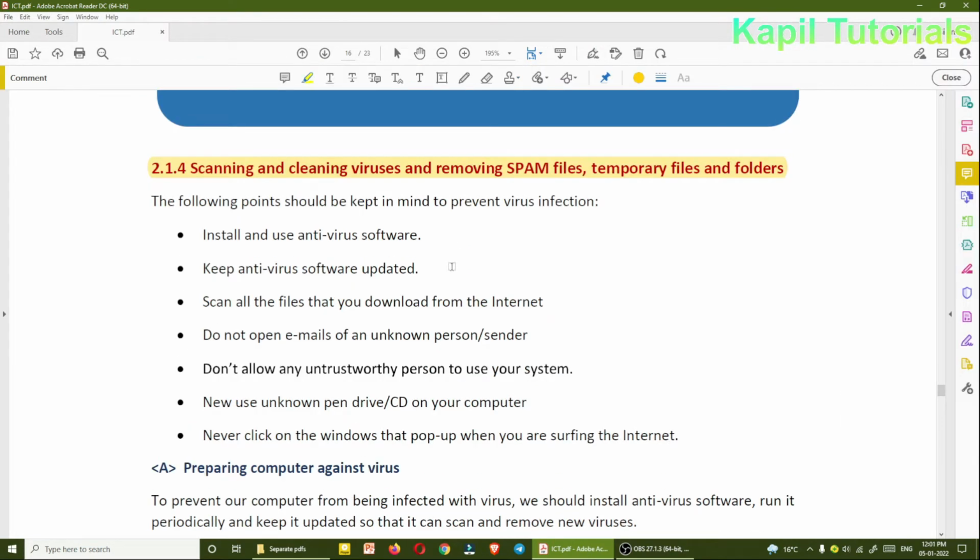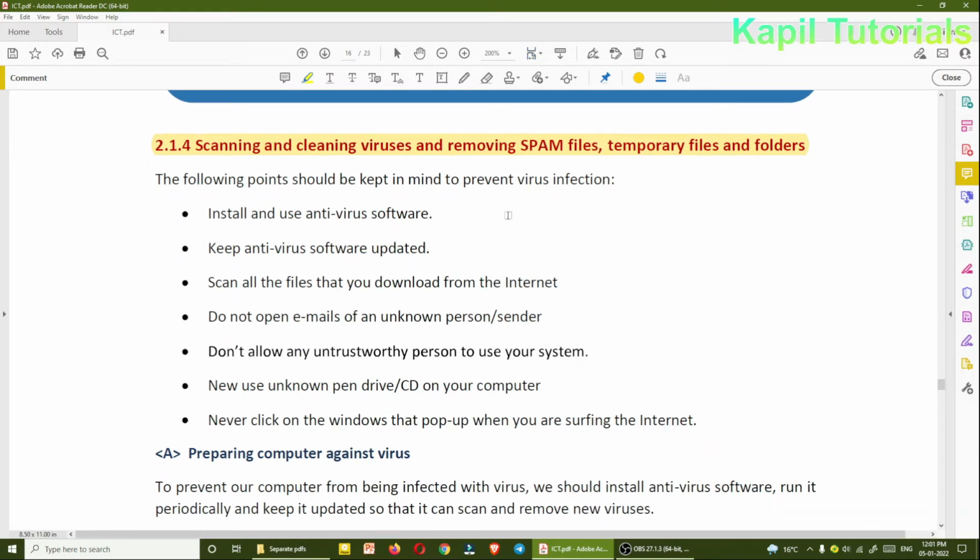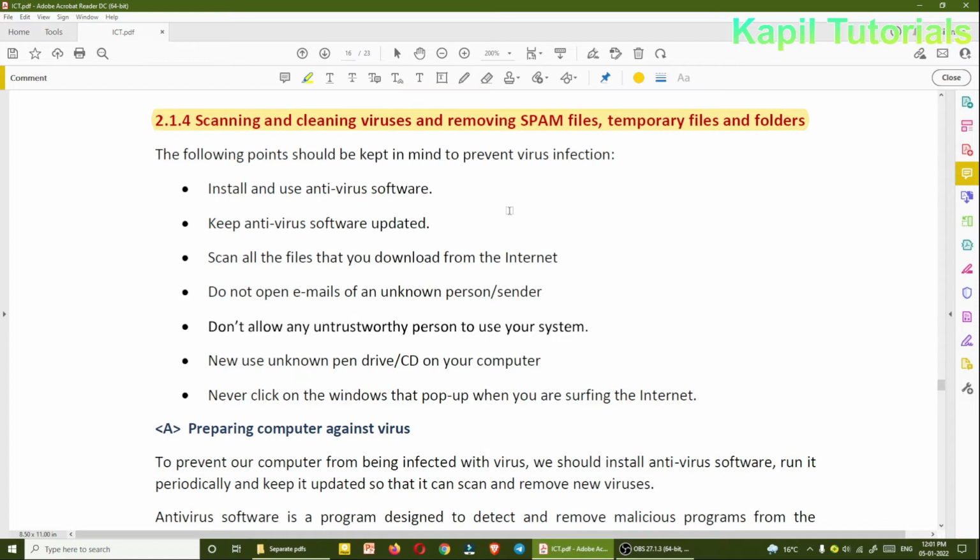The following points should be kept in mind to prevent virus infection. First of all, install and use antivirus software. Many antivirus softwares are available in the market, so you can use any, like McAfee, Norton antivirus, Avast, many are there.